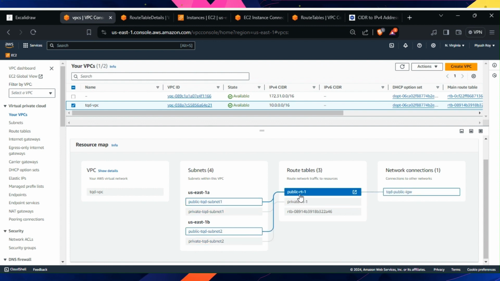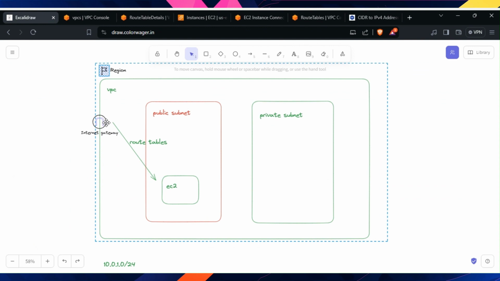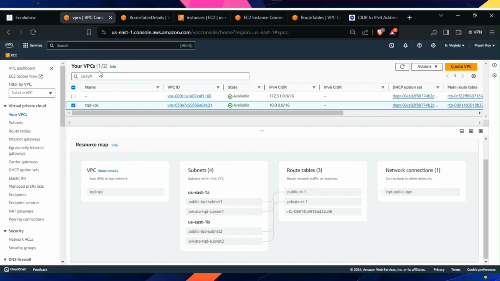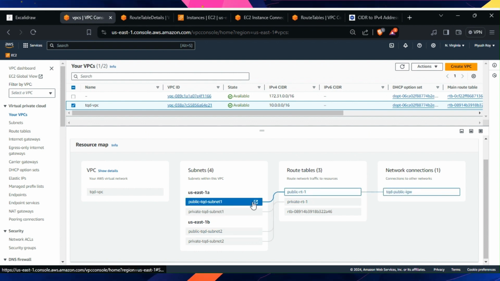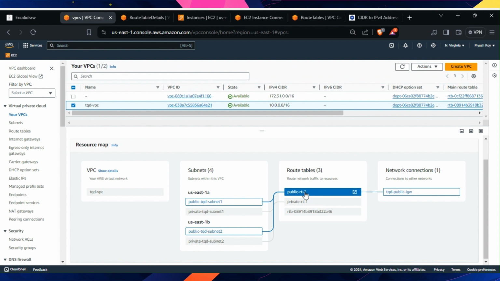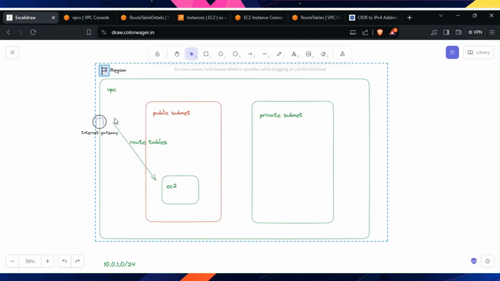पब्लिक के लिए देखते हैं। सो उसके बाद में हमने एक इंटरनेट गेटवे बनाया जिसे हमने VPC से अटैच कर दिया। So this is the network connection and the internet gateway, ठीक है। और फिर हमने उस इंटरनेट गेटवे से कनेक्टिविटी बनाई अपनी पब्लिक सबनेट की by defining the routes in this. So this was the basic for creating a VPC and associating a public subnet to it. And also हमने फिर एक EC2 इंस्टेंस क्रिएट किया जिसको हमने इस पब्लिक सबनेट में इंटरनेट कनेक्टिविटी प्रोवाइड की।